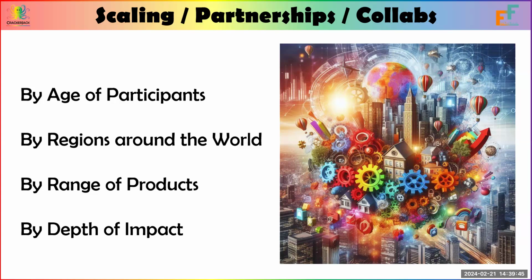So we're going to start the design thinking process all over again once we end this trip and come back to Singapore for a whole different range of products that are much more targeted and providing something for schools, and also by the depth of impact through how long we spend with each kid. And that is our entire design thinking journey